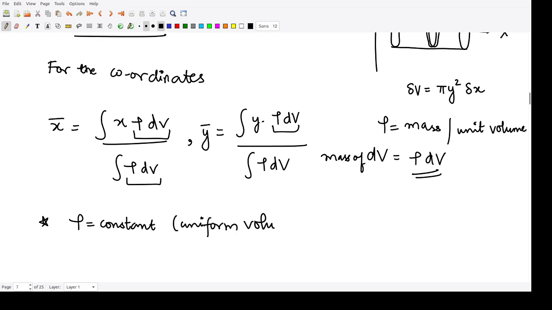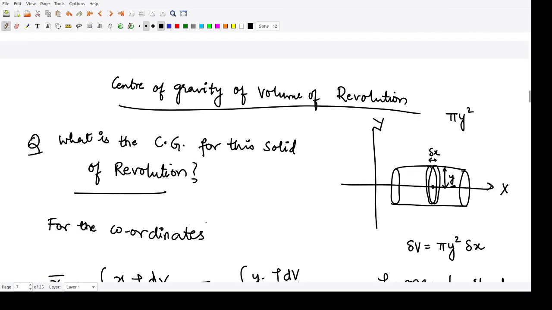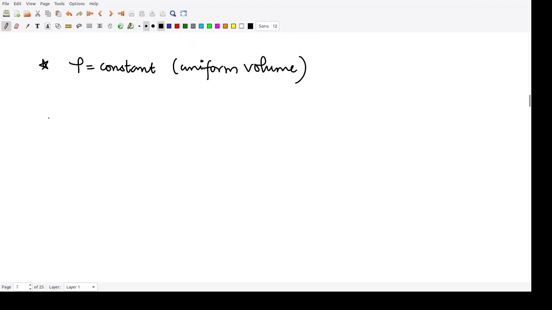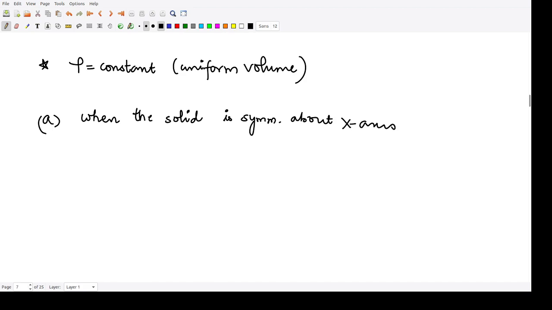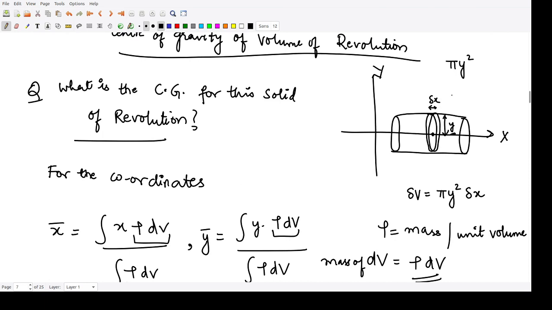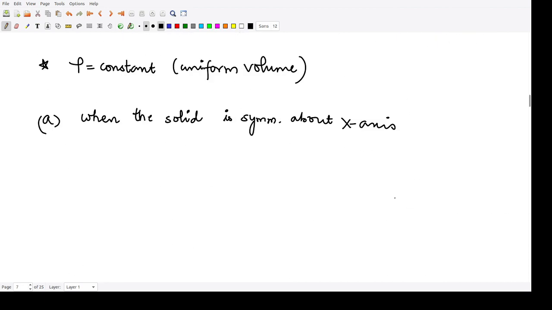For this particular case, when the solid is symmetrical about the x-axis, as in this figure, let me call this figure number 1. Right? So as in this figure 1,